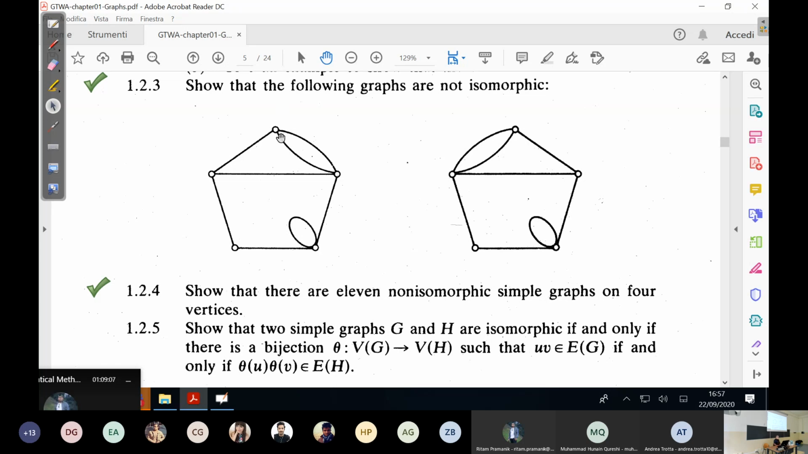Okay, I'll tell you. Look at these multiple edges. These two edges have the same ends. So the corresponding edges on the right must have the same ends. So is it possible to send, say, this edge to this edge, and this edge, say, to this edge? No. Why? Because this edge has these two ends, and this edge has another end. So it's not possible that